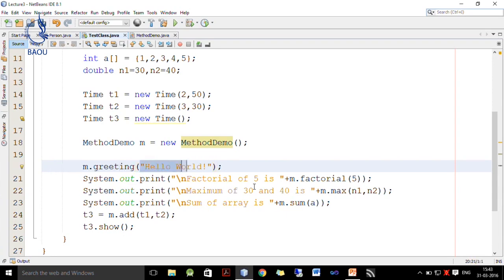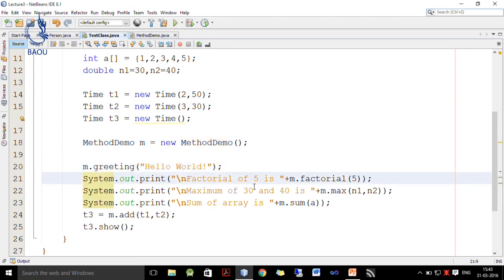Remember this is our argument, hello world. So, m.greeting will print hello world. Next I want to print factorial of 5 is. So, I write factorial of 5 is, and then I call m.factorial with argument 5. So, it will return 120, which is displayed here.